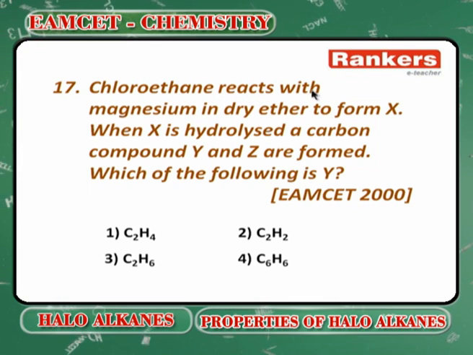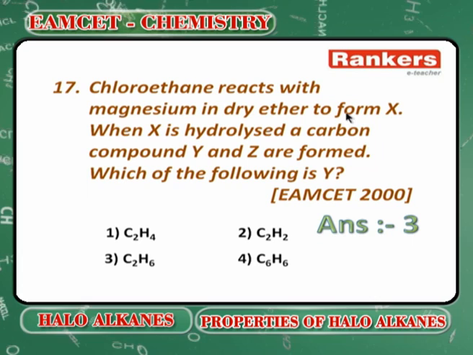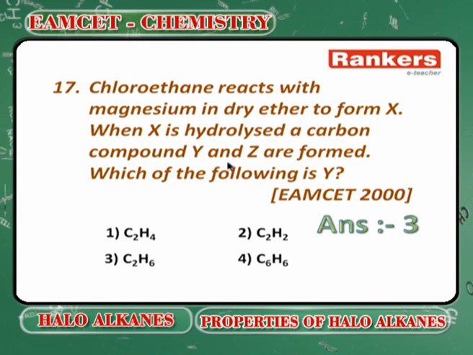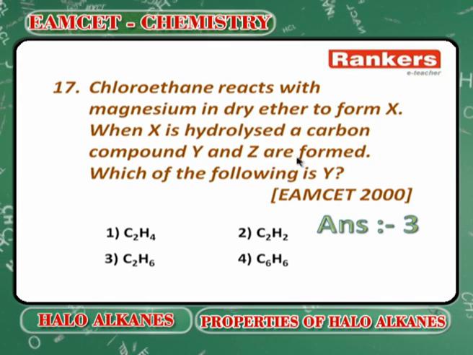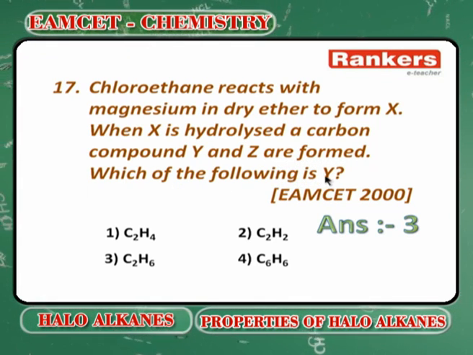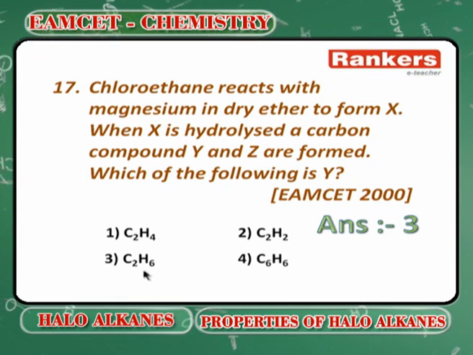chloroethane reacts with magnesium, that means RMgX is formed. Okay, X is RMgX. Hydrolyzed, a carbon compound Y, that is ethane, is formed. Z is magnesium hydroxychloride, leave it. Y is ethane. So, Y means that is compound 3, C2H6 is the ethane. Next,